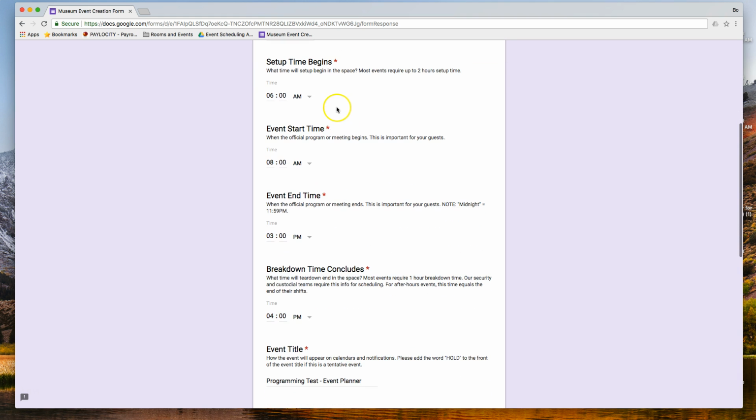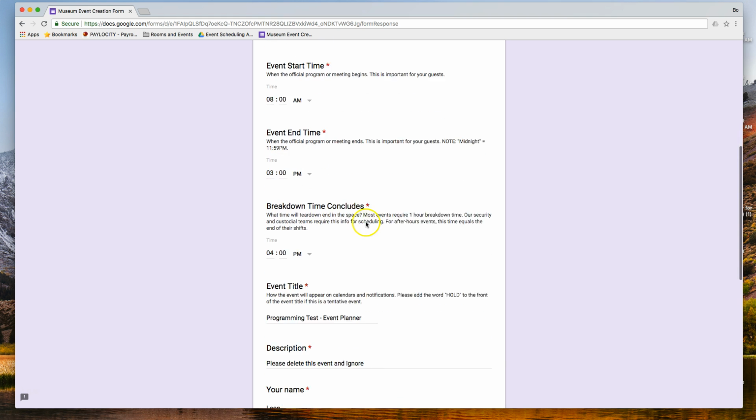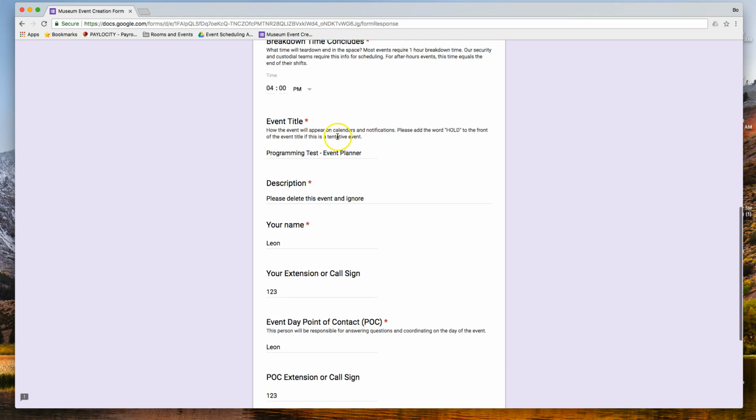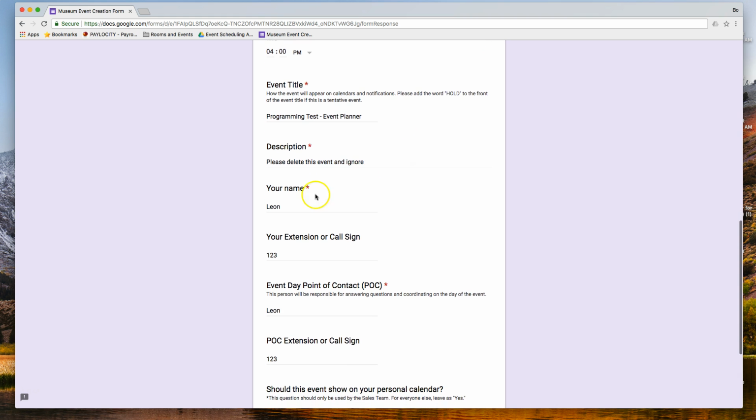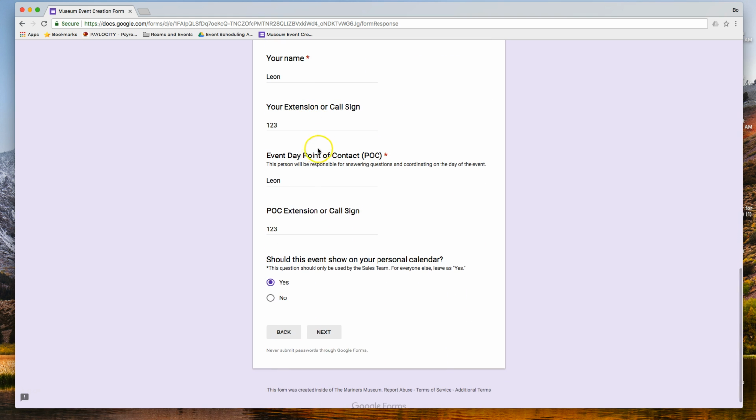So I put in a date, the setup time. This is when the room reservation should show 6 a.m. to 4 p.m., while the event for individuals on the event support teams and anyone invited to the event should actually show any individuals, not room reservations, should show the time of 8 a.m. to 3 p.m. And the event title here, I've got that in there, the description, name, extensions for both sets here,